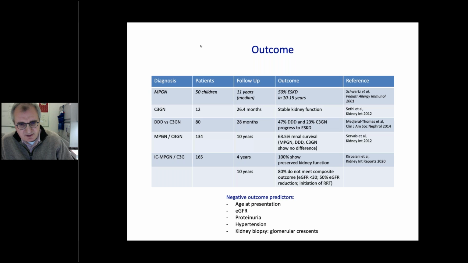To really sum it up, negative outcome predictors in C3G, and this is pre-complement targeting treatment, are age at presentation, decreased kidney function, and high proteinuria and high blood pressure. And there's one report that also highlights the presence of crescents, which seems to be a theme also in other glomerular diseases like FSGS and IgA, where the crescents are related to negative